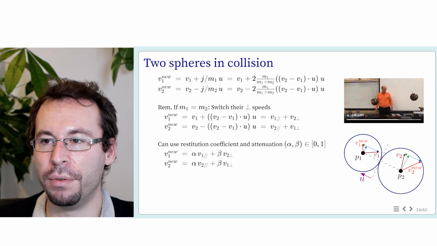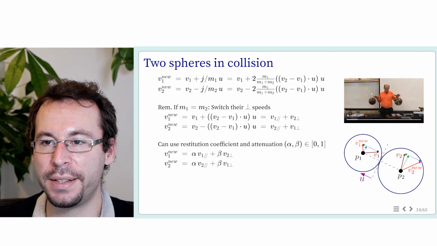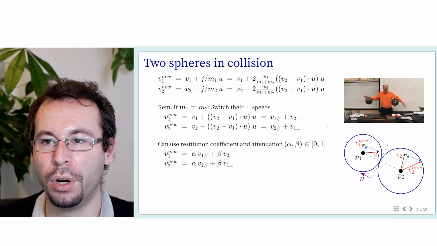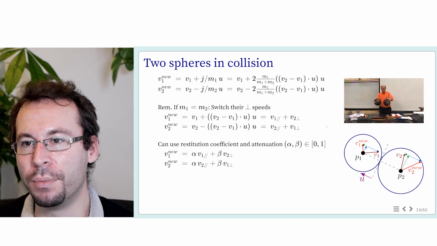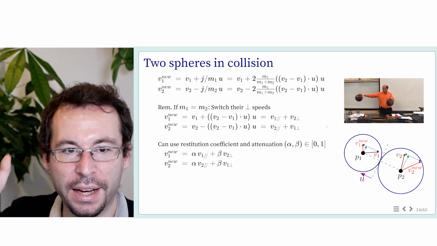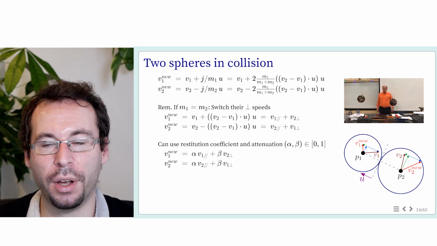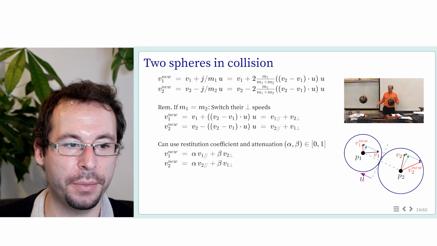And this is what we see with these spheres. Basically, the one with the greatest speed gives somehow this great speed to the other sphere, and back and forth. So this is obvious when we are seeing this animation, and when we are thinking about a pool with spheres colliding. But this is not trivial when we have to model the equation, the fact that they actually switch the speed. And of course, as previously, we can use an attenuation coefficient to model some friction, some loss of energy during the process.